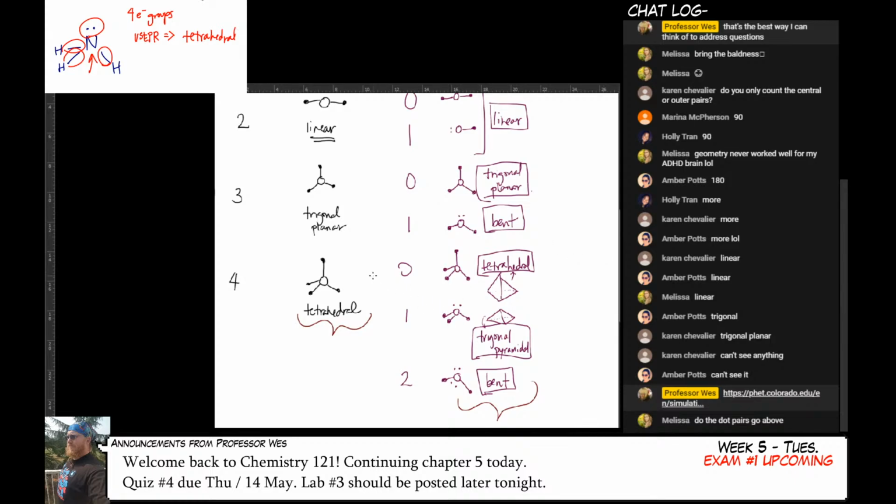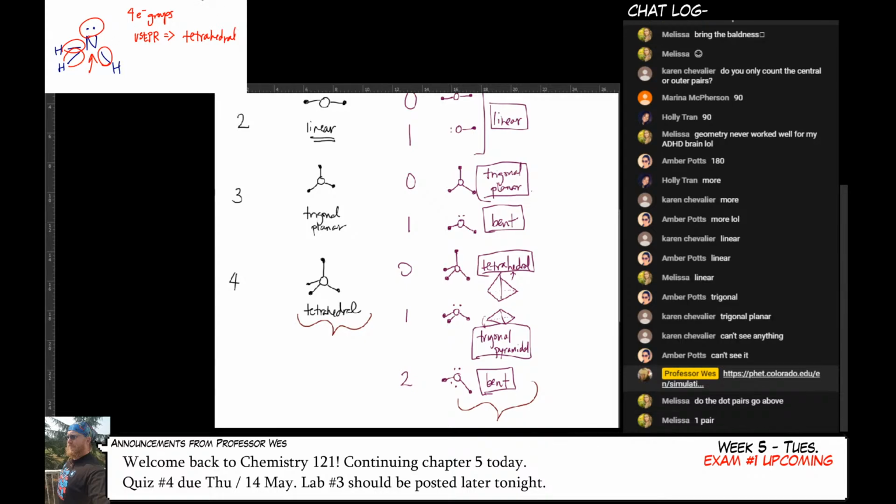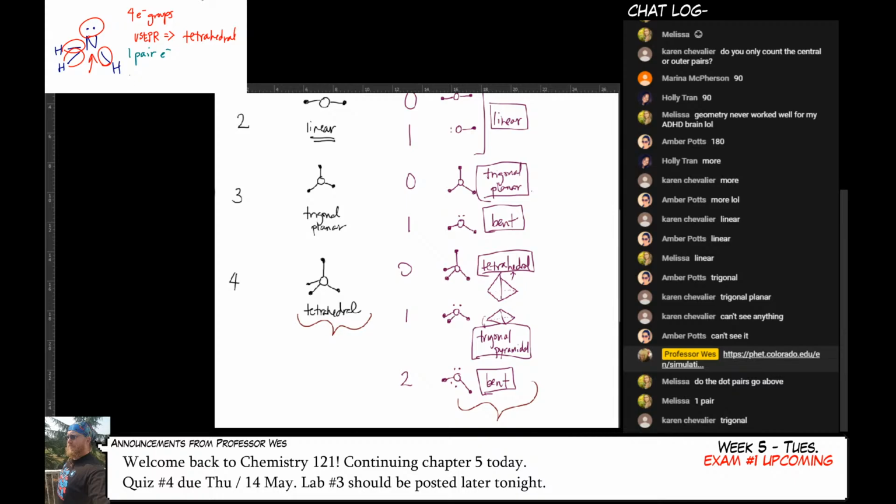What molecular geometry do you want to give it? So there's 1 pair of electrons. That's correct. So 1 pair of electrons. So the molecular geometry